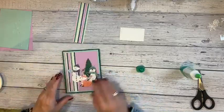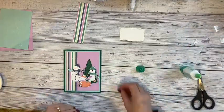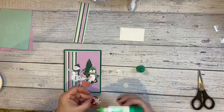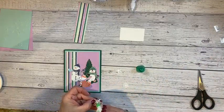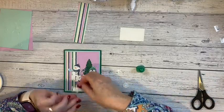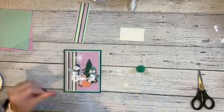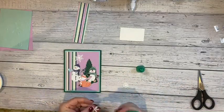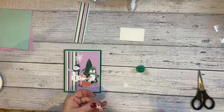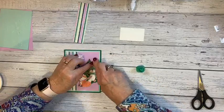All right. I am not going to put any words on the front, but I am going to add some pretty little snowflakes. That's what I saved these for. So we're just going to add a little bit of glue, just enough to keep them in place. This big one's going to go right about here. Aren't those pretty little snowflakes? You're feeling it, aren't you? I have such a warm fall day today. I don't know if I'm feeling any kind of winter weather, but